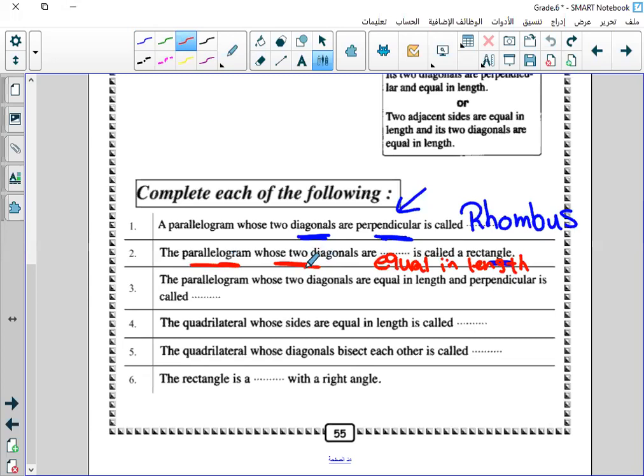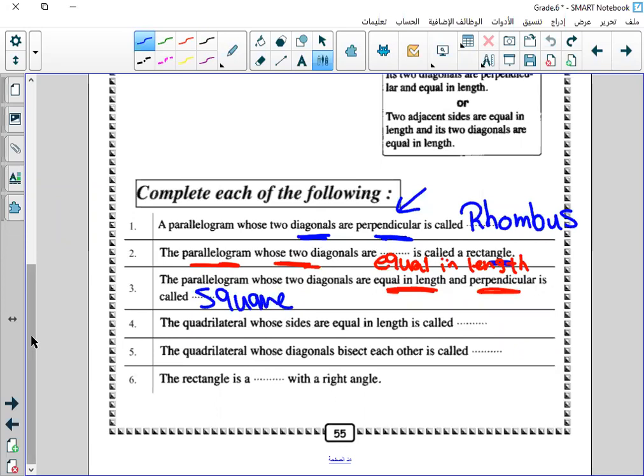Question number three, the parallelogram whose two diagonals are equal in length and perpendicular. Square. Excellent. So the parallelogram whose two diagonals are equal in length and perpendicular will be a square. Number four,